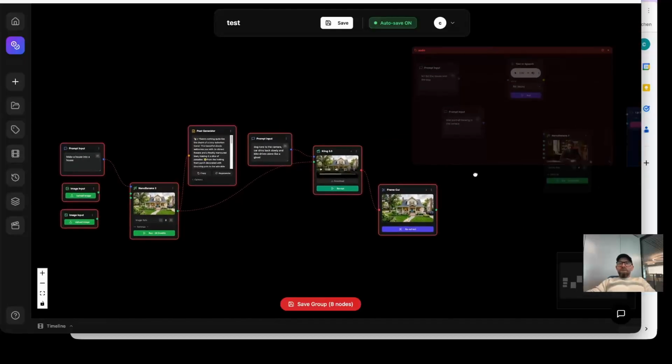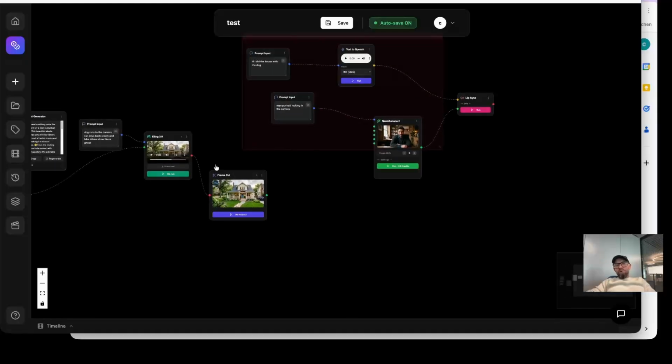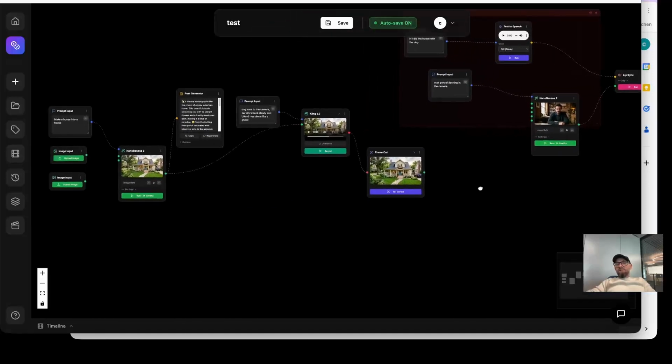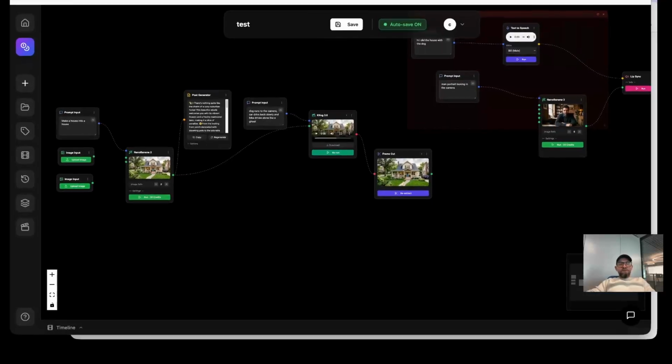Now, you can do a lot of workflows, nodes, connecting all to your need. And what we did on Vibeflow is a big change from others. Not everybody has Final Cut or DaVinci Resolve. So what we did